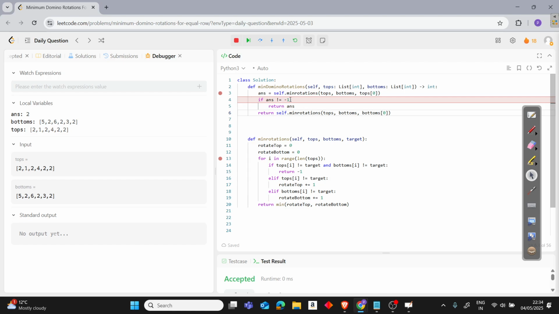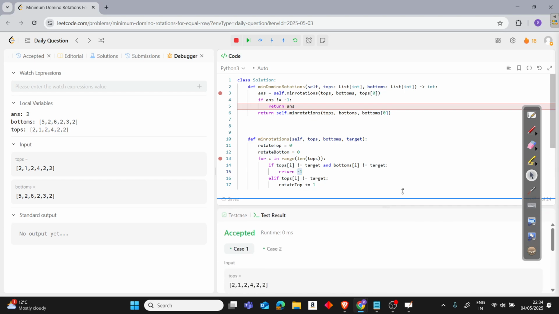So what does this mean? That it's possible to achieve this. If it's -1, then it's not possible, but it's possible. That's why we'll just simply return our answer and that's it. But if it's not possible, it should have been -1 somewhere. Let me show you that if it's -1,